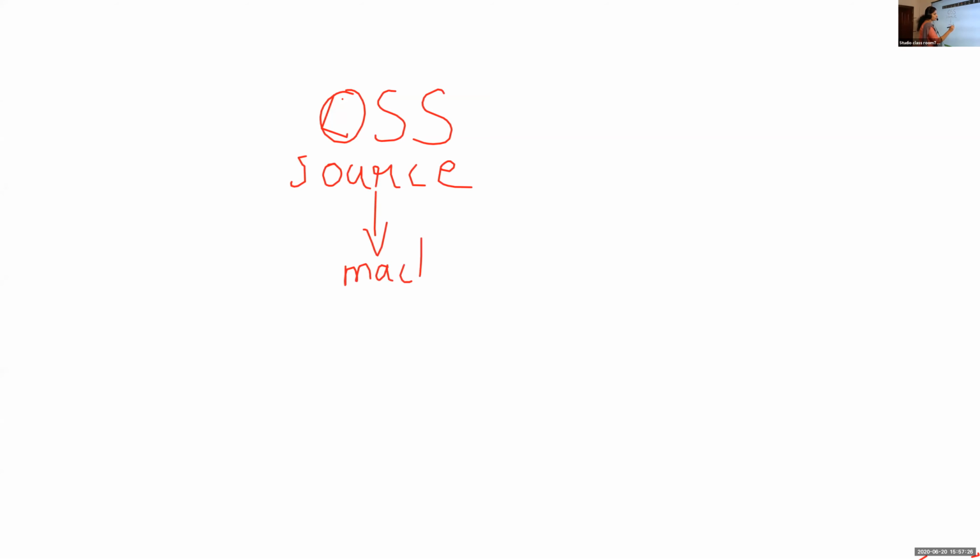So we were seeing about open source software. It is called OSS, open source software. So we were telling about the source code. Source code is converted into machine code.